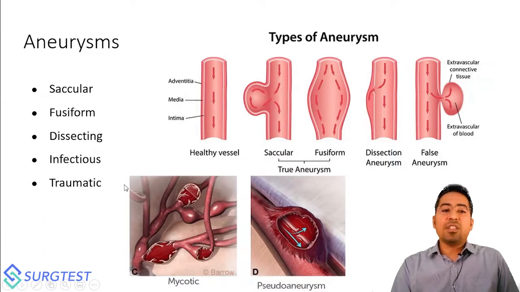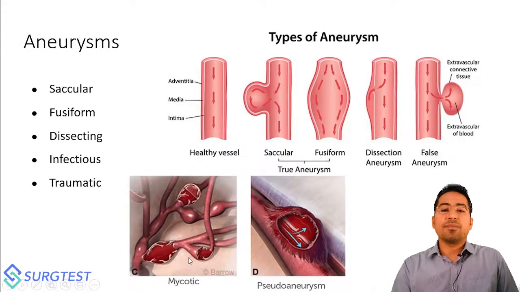And then there are infectious aneurysms, which are also called mycotic aneurysms. Mycotic aneurysms are typically multiple in number and they are distal in circulation. They are typically found distally, and in them the whole wall of the blood vessel is disintegrated due to the infectious inflammation, and thus they are called mycotic aneurysms. Mycotic aneurysms are caused most commonly by bacterial infections. As the name suggests, mycotic, you might think of fungal, but the most common cause of mycotic aneurysms is